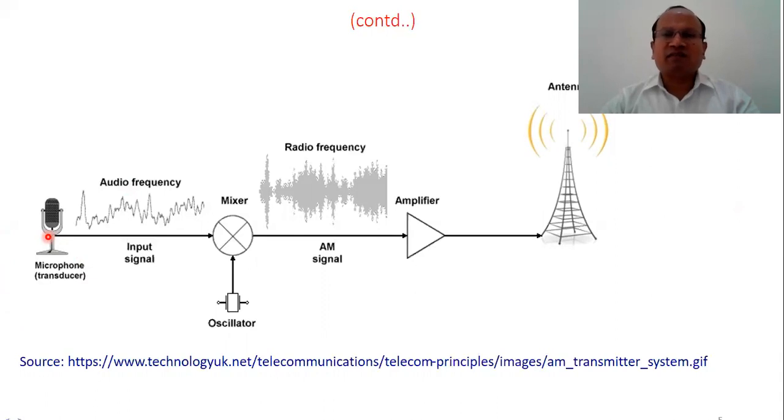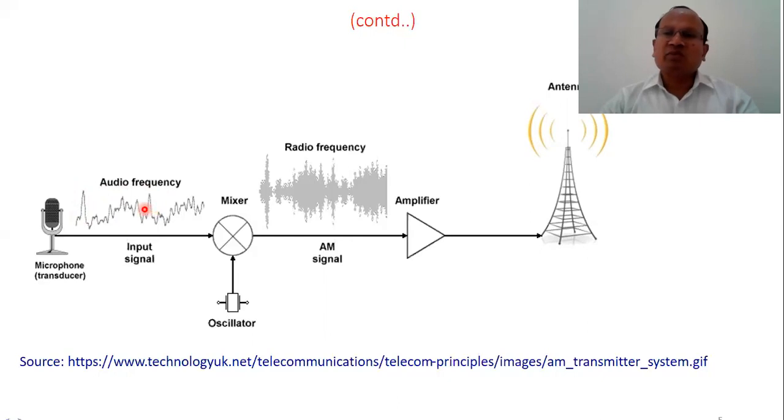Transducer is a device which converts energy from one form to other form. The microphone will convert the signal from sound signal into electrical signal. And if you see the electrical signal, our sound signal, if you can see the spectrum, it looks like this. And then, as we discussed, this signal can be passed through a preamplifier to strengthen the signal. It can also be passed to some low pass filter when it is required.